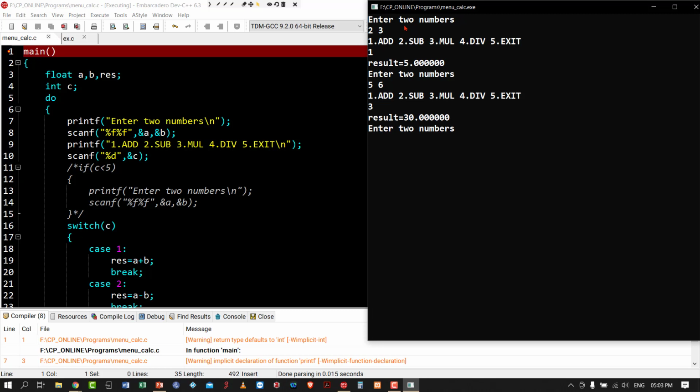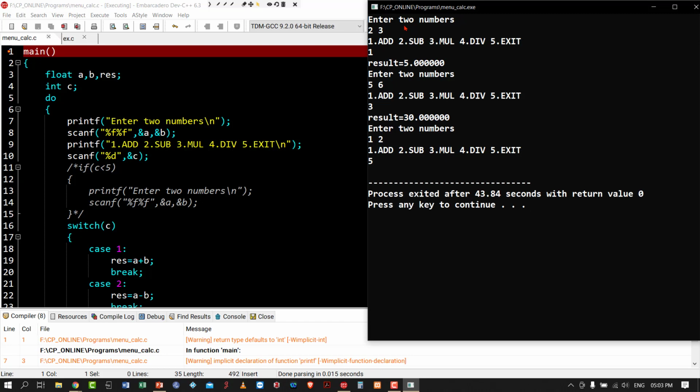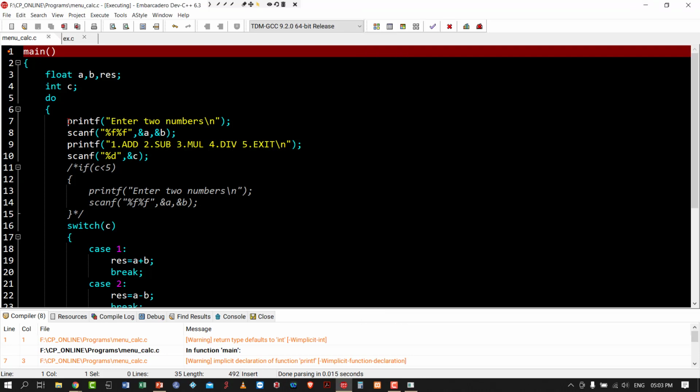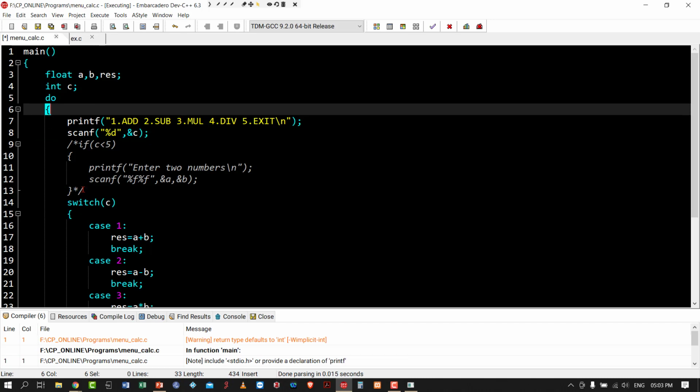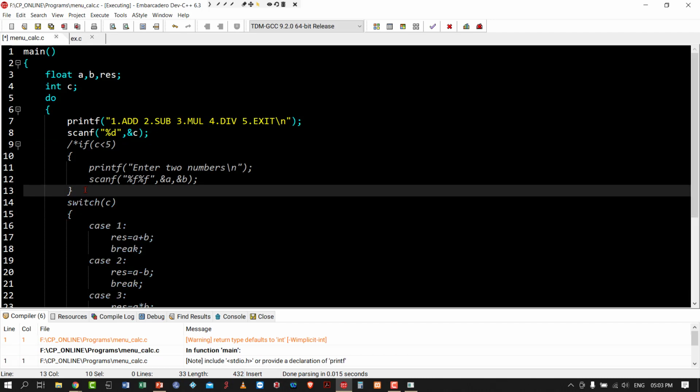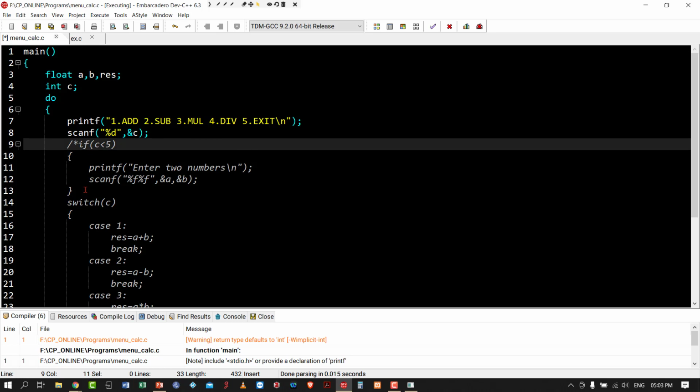Suppose I want to exit from the program. I can't choose 5 here because it is waiting for the inputs. So I will definitely enter some inputs, and after giving the inputs, I can press 5. Now I can exit. Okay. But I think what I have written is a better logic. Yes, sir, it was better. Okay. Anyway, I am more experienced. That's why I have better logic. Yes, sir. After 5 years, you will have better logic than me. No doubt about that. Okay.